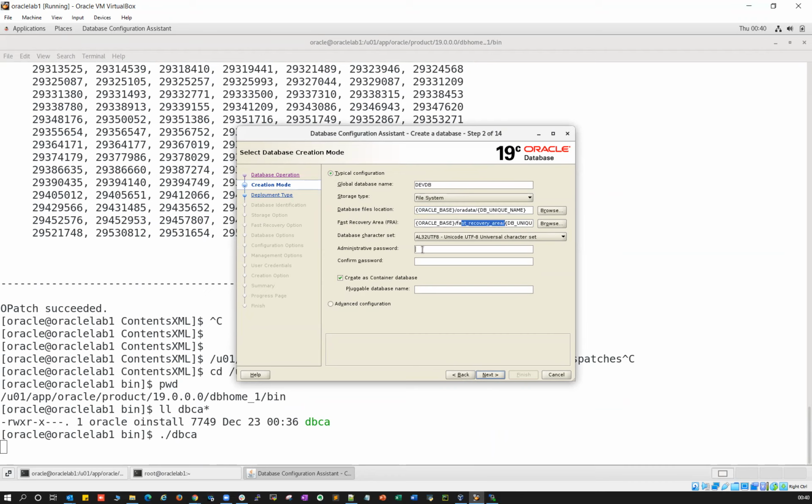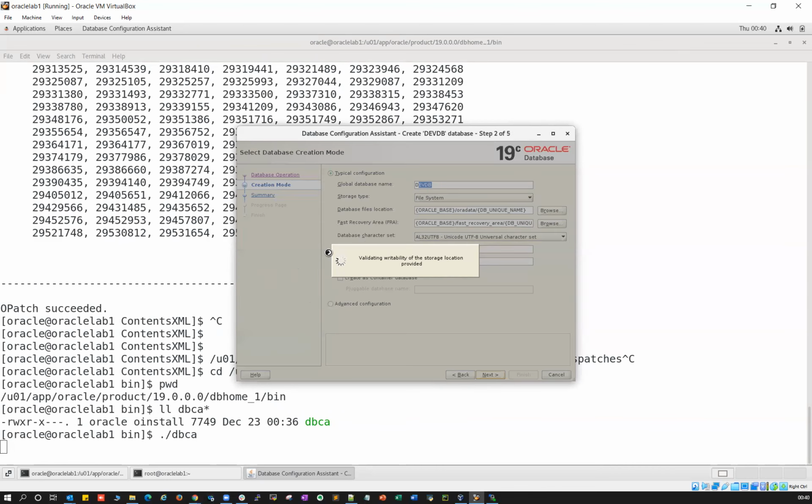Then I'm going to give a password for the sys and system users. The password is given here. If you want to create this DevDB as a container database, you can checkbox this one. If you don't want to create it as a container database, just uncheck that one, and then you can go next. It's going to assume everything and go to the summary page.